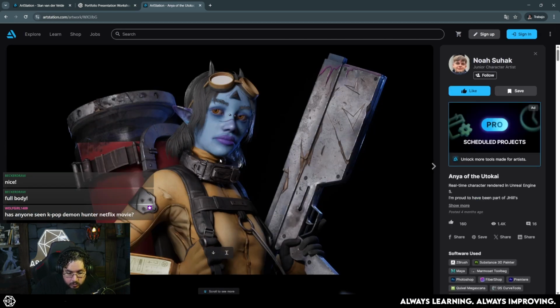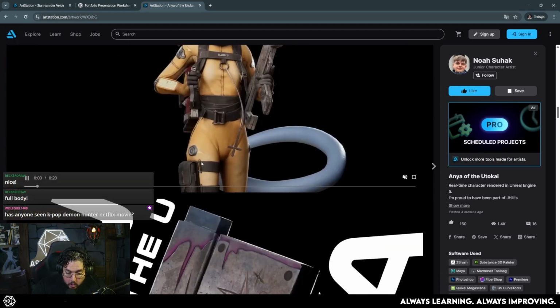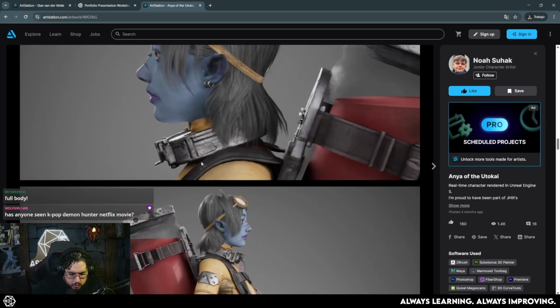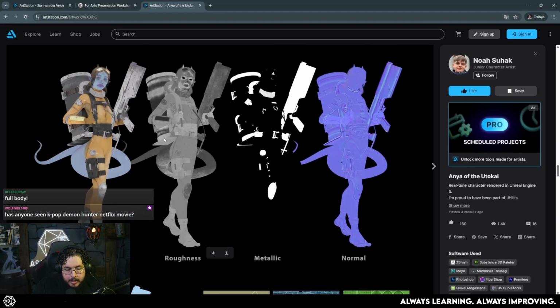And then we have this one, Anya of the Utokai. Nice. Now this is cool because it's a full character. I hope it's a full character. Yeah, there we go. We have the full body right there. Good stuff. The haircuts look quite nice. Haircuts can be tricky, but you did a good job right there. Okay. Nice. Yeah, see, this is something that a lot of people have been asking me about, which is, if